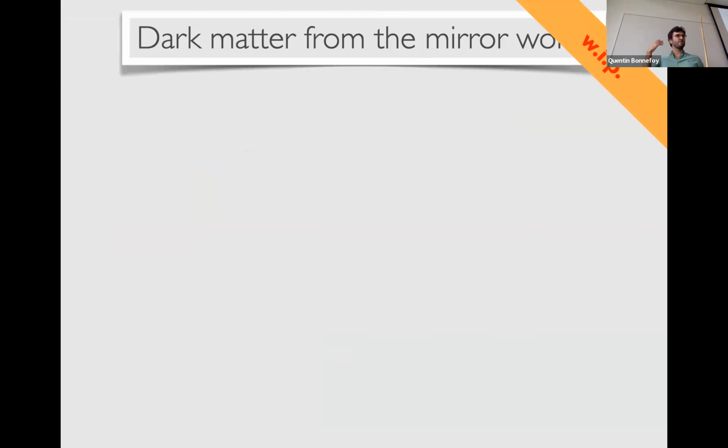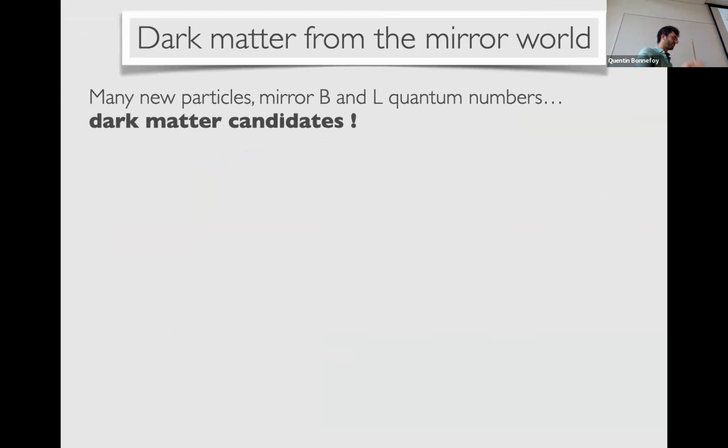Good. So in these models, we have this whole tower of new particles, and because of the structure of the model, we have a mirror baryon number and a mirror lepton number. So we have several new stable particles, and some of them are therefore dark matter candidates. So we asked the question: is it possible that one of them is dark matter in at least some cosmological history? By checking the different particles, which ones are stable, which ones are neutral, you find that